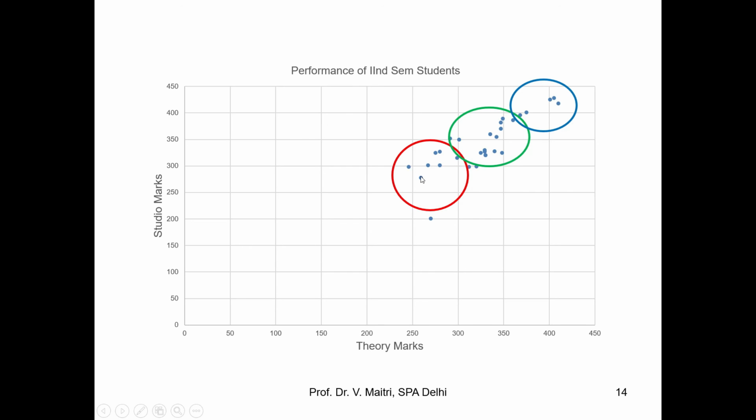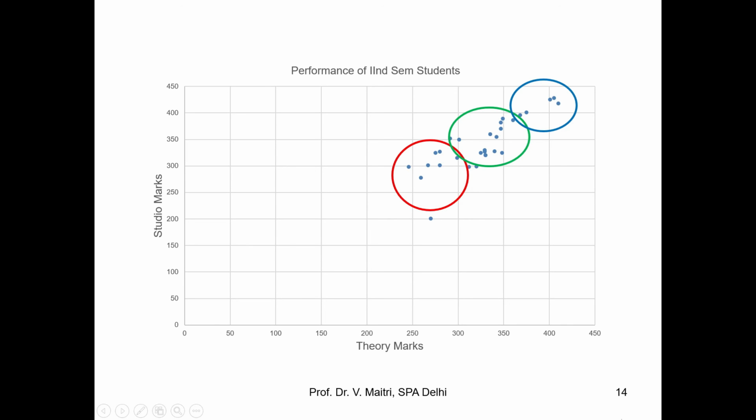And it is not only 1 student, 2 students, 3 students, 4 students. This is a group of students. I have to focus on this group of students. My strategy, my teaching method or my approach towards the students will be different for this group because I have to upgrade them. For this group it is different because I have to upgrade them further, and for these students I have to take care that they should not go down. They should not become so proud that now we are the toppers, so we should enjoy our life. So I have to take care of that.